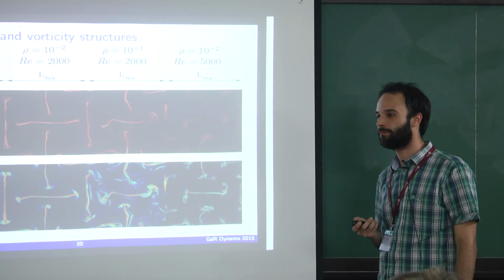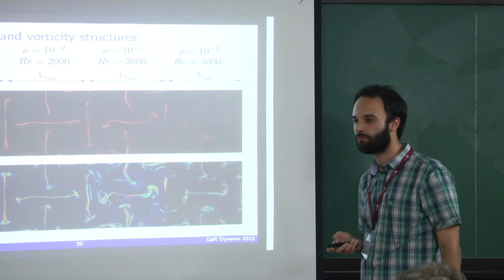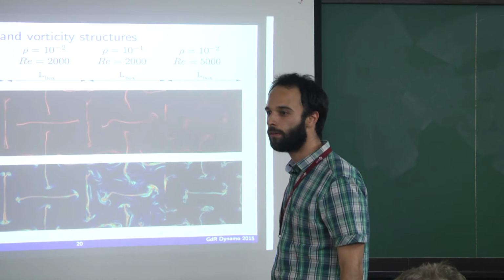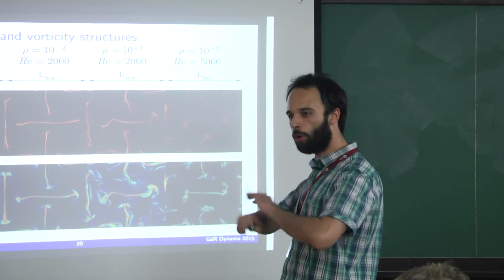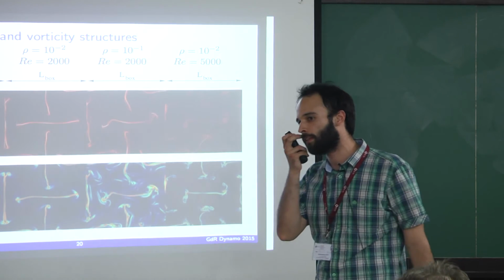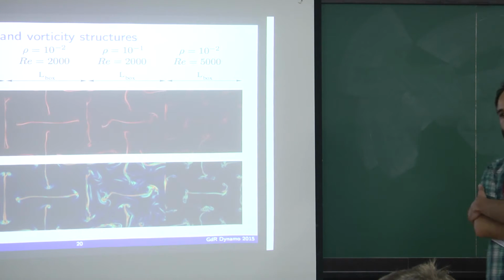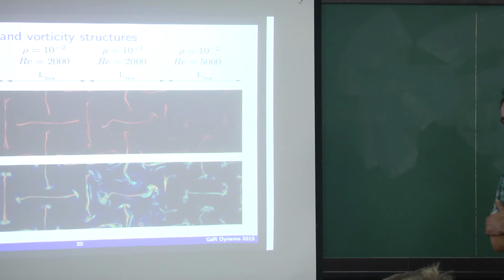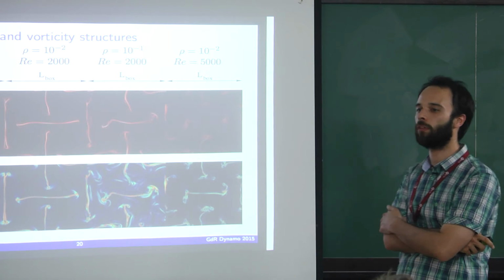You mean the symmetry is broken at 2000? No, but this is because of the perturbation. If there are no perturbations, you need 10 to the 8 to break the symmetries. That's because the equation maintains the symmetry. So what you're telling me is numerical noise will just grow at 10 to the 8. Numerical noise, yes. Okay.